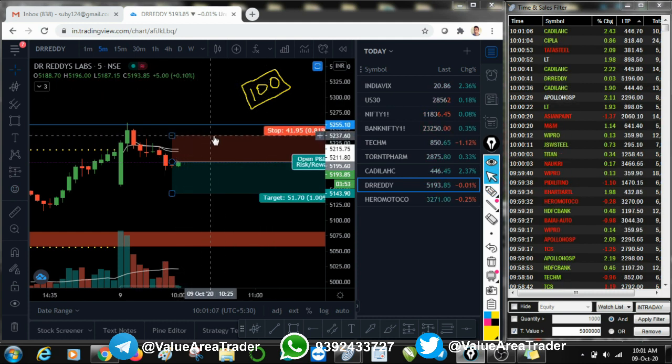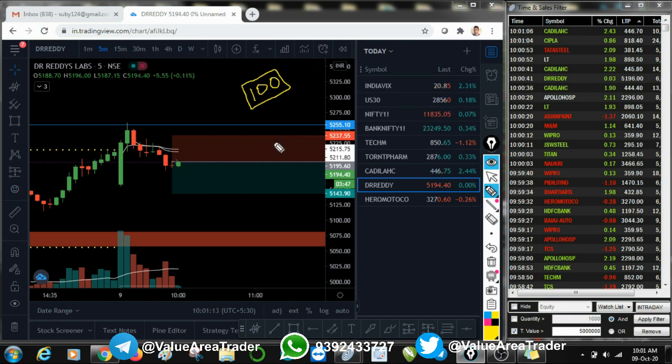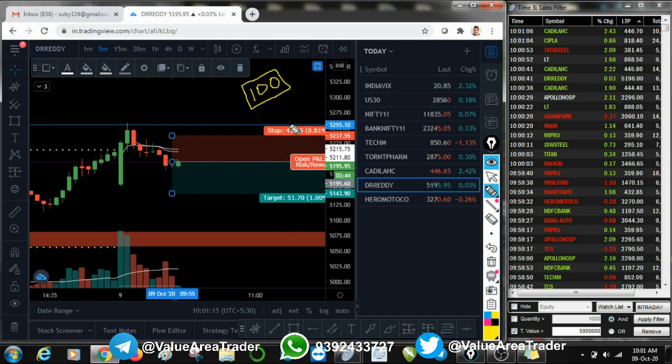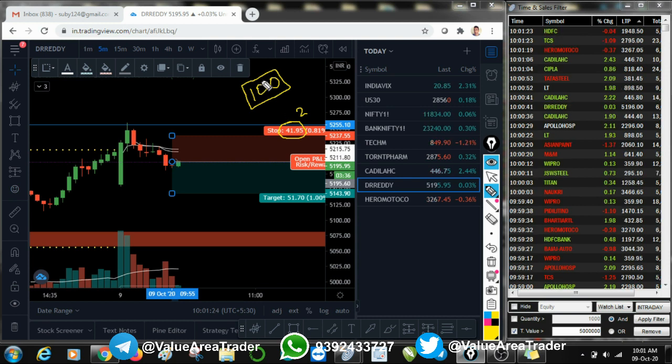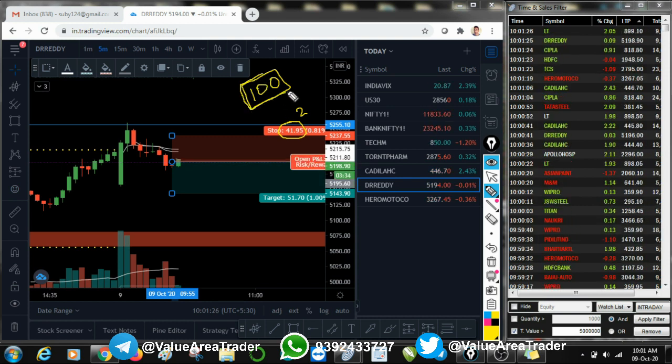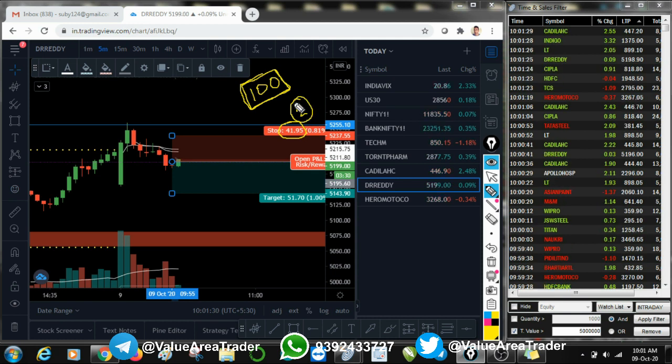See here, when my stop loss is at 40 rupees, that means if I take one stock, my stop loss is 40 rupees. So if I take two stocks, my stop loss is at 80 rupees, correct? My maximum is 100 rupees, so I will only buy two quantities. Got it? That is how it should work for you as well in intraday.